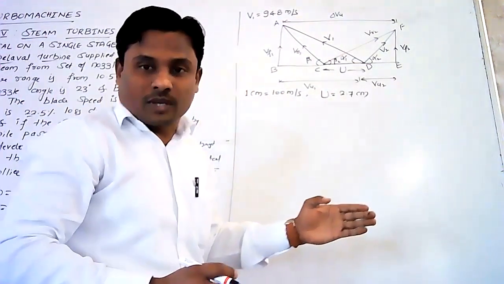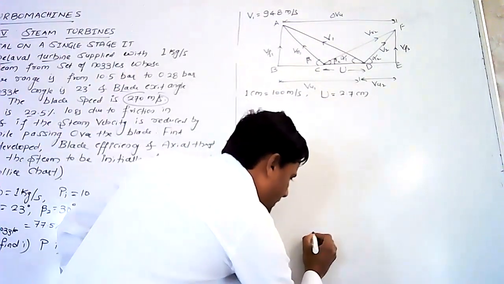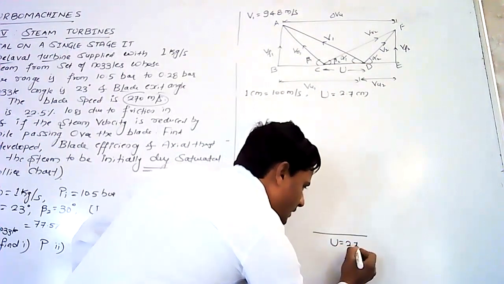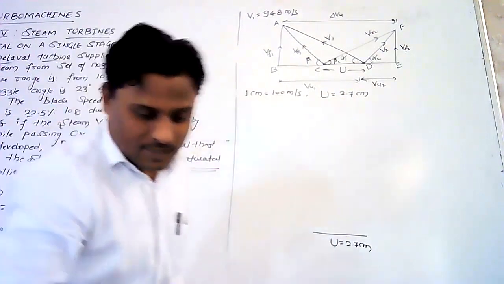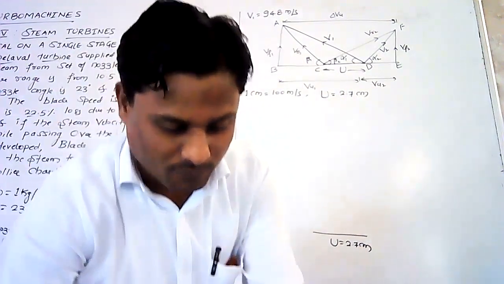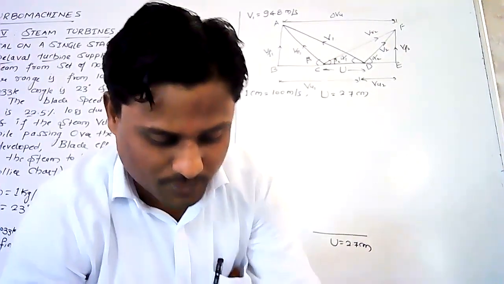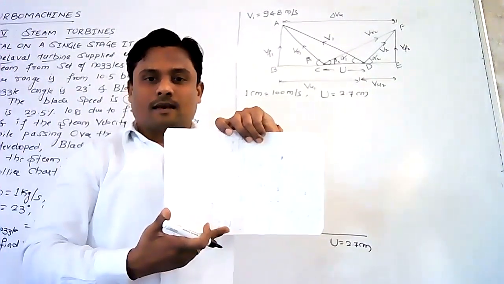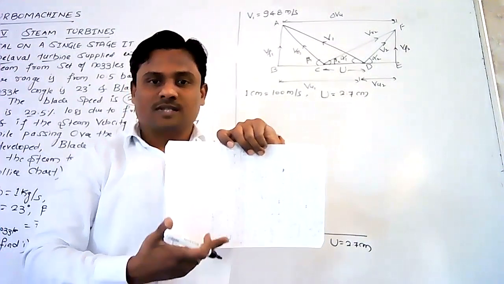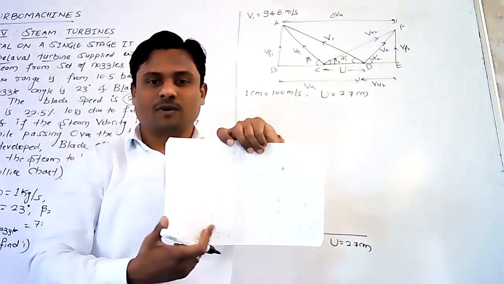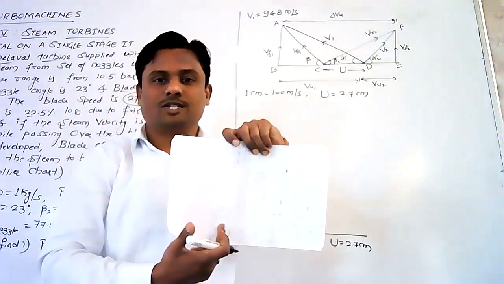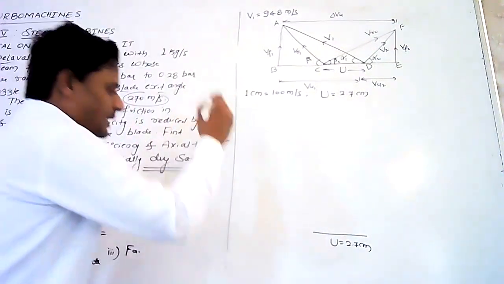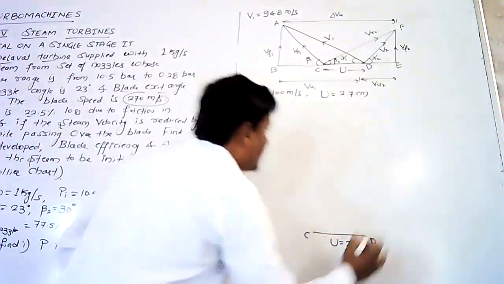Now in your graph paper, just draw a horizontal line, that is u equals to 2.7 centimeters. This is the base. Say for example, this is your graph paper. Keep it in a landscape mode. Now just leave 1 centimeter from the bottom and start sketching. That is u equals to 2.7 centimeters. Let us take it as C and D here.